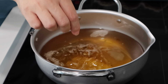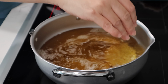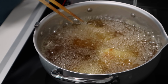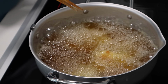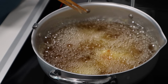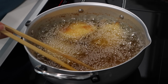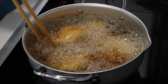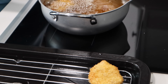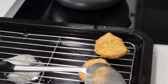Heat the deep frying oil to 350 degrees Fahrenheit, 180 degrees Celsius, and drop the breaded meat one by one. We are using avocado oil, but any neutral flavored oil suited for frying will be fine. Turn once or twice and fry until the color turns golden brown and the meat floats in the oil, about 5 minutes. Remove from the oil and set the fried meat on a cooling rack for a minute and serve